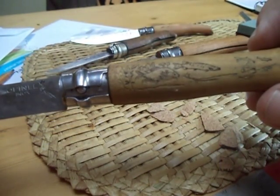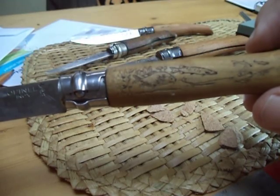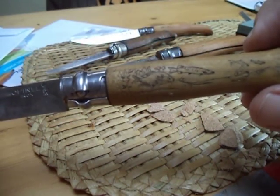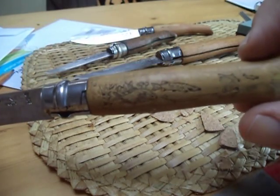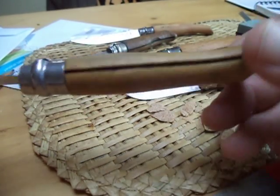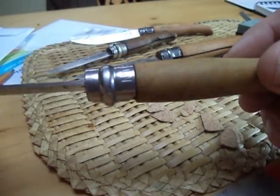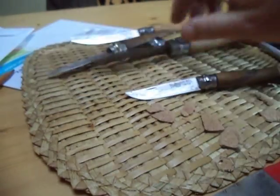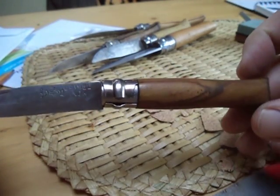bought in France, and it's got a little brand on it. You can see these are engraved, I think, probably with a hot stamp. There's a carp there, there's a pike, there's some perch. Nice little touch. Number 8 is generally a very helpful, useful pen knife. The number 10 is a bit bigger, a bit heavier, but it's a number 6 that I always use for